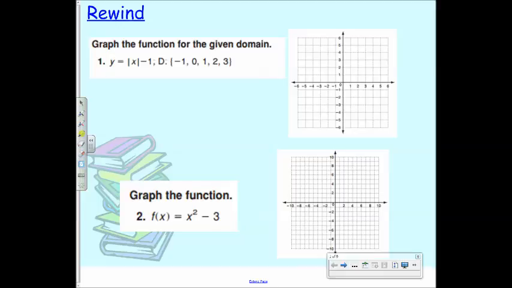Because as you can see with the absolute value one and the exponential one that you just did, this first graph ended up looking kind of like a what? Like a check mark, like a V, right? And then this second one ended up looking like a what? A hill, like an upside down hill. All right, so it's a parabola, right? We talked about parabolas. So if you don't do the negatives, if you only do the positives, you might miss